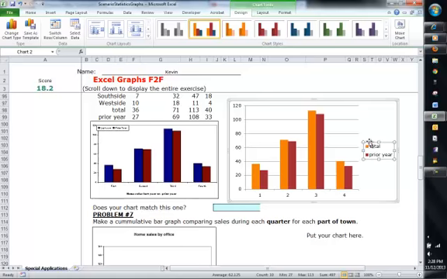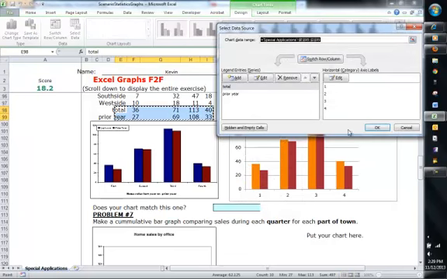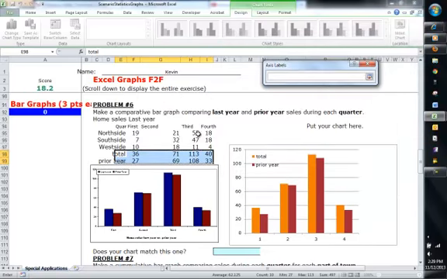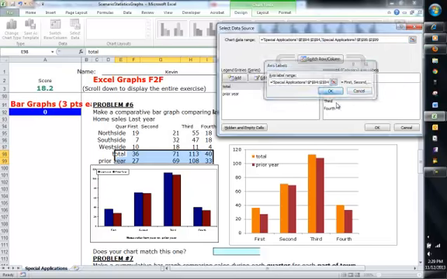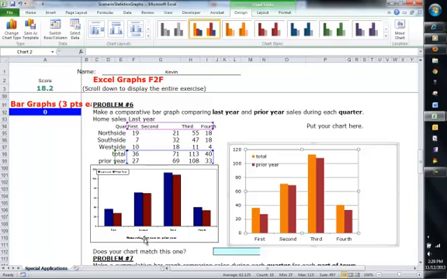Now, it says put the title up, or the appendix, the legend up there. It doesn't have a title. We're going to change our select data. We're going to change our titles so that they actually say first quarter, second quarter, third quarter, fourth quarter. Now that matches. And we also want to put in a title,